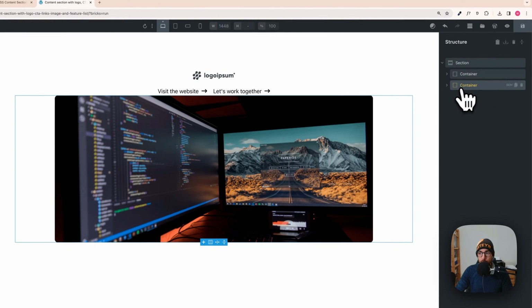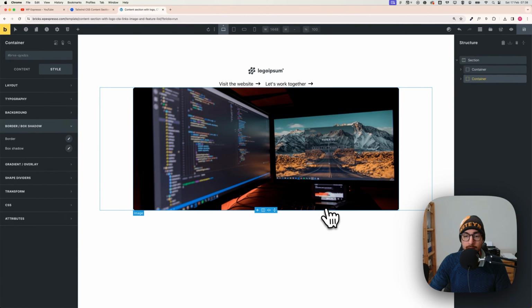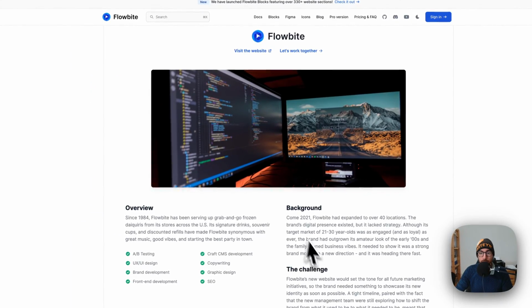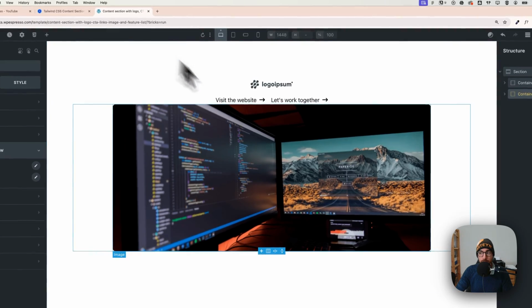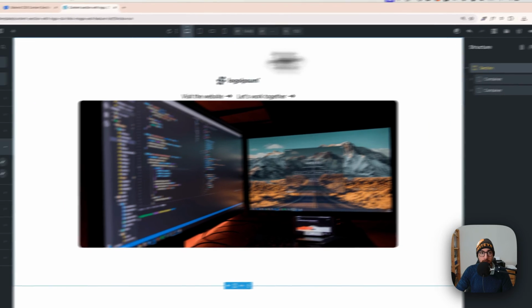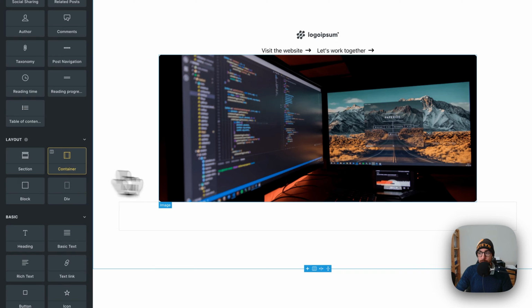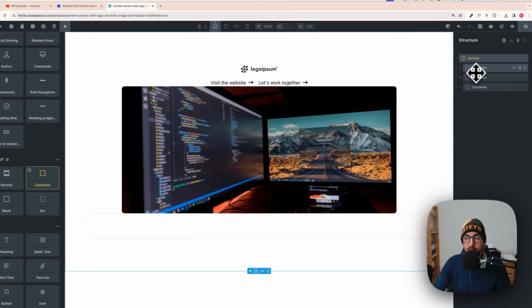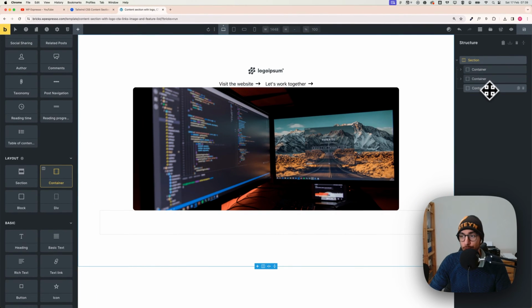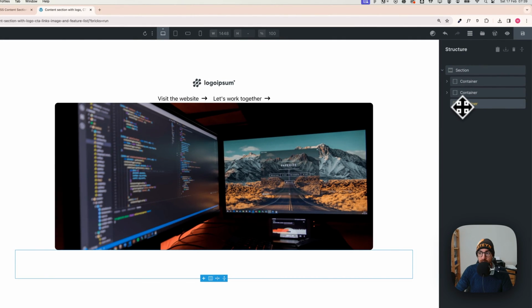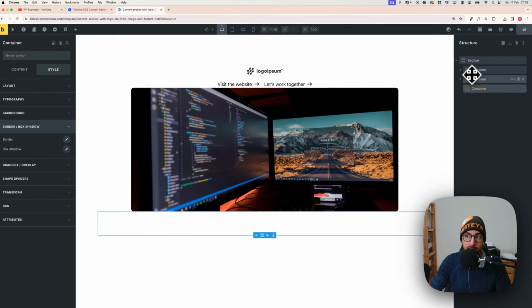Perfect. So now what I usually do is add another container, okay, for the rest of the content. So for those two columns, right? And it's pretty easy. You just go on section again, plus button, click on container. This time it added it in the same line as the others. Not sure why sometimes it works and sometimes not, but just make sure it gets aligned to the other one,